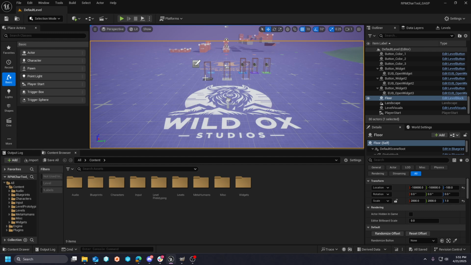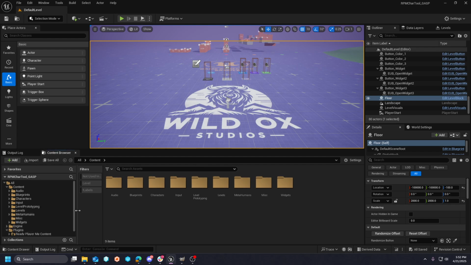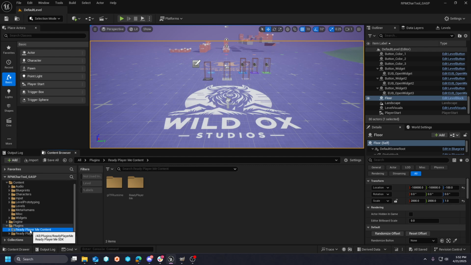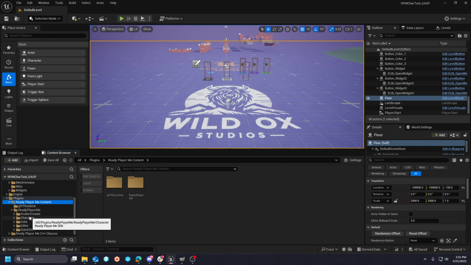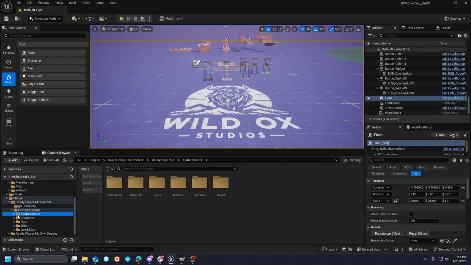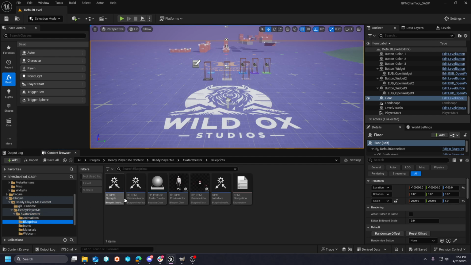And what I've done now is I went and grabbed the updated SDK. So if you go take a look in the plugins, it's pretty clean. It's just the Ready Player Me content and plugin. I've expanded the SDK a tad bit, not too much. So we'll talk about the blueprint for the